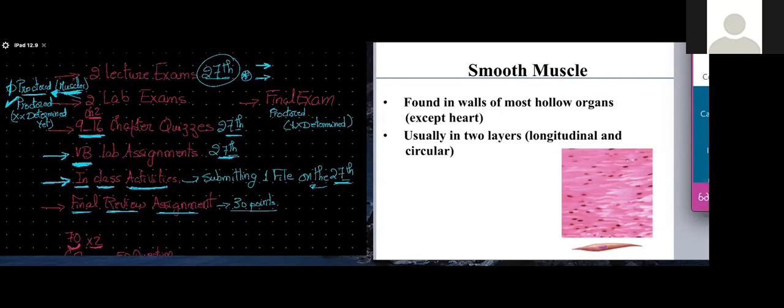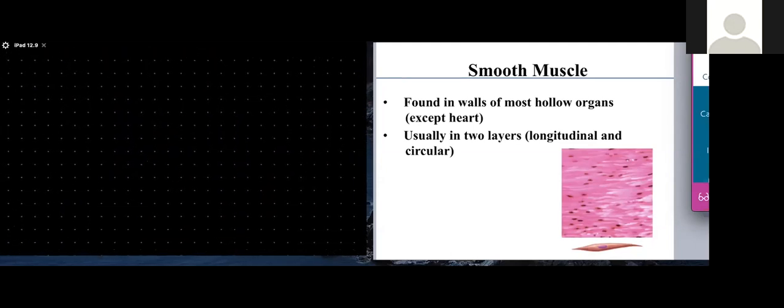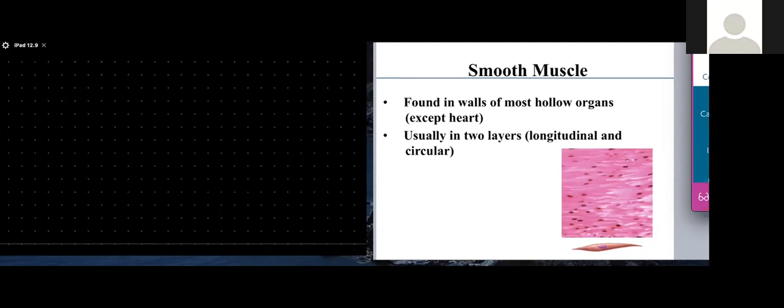All right, great. So we're looking here at smooth muscles. What we've been discussing so far in the chapter are skeletal muscles. Now we're looking at smooth muscles, and how they are going to be different from skeletal muscles. If you remember, in terms of histological structure of smooth muscles